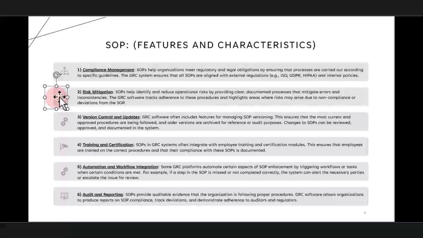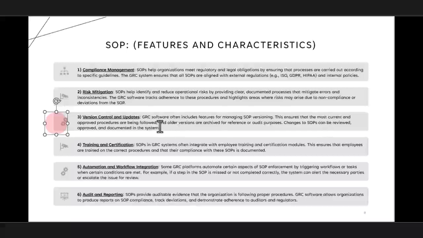It reduces operational risk by providing a clear documented process. So those are the steps that every individual and employee needs to follow to make it consistent. Version control and updates for managing SOP versioning. This ensures that the most current and approved procedures are being followed, and older versions are